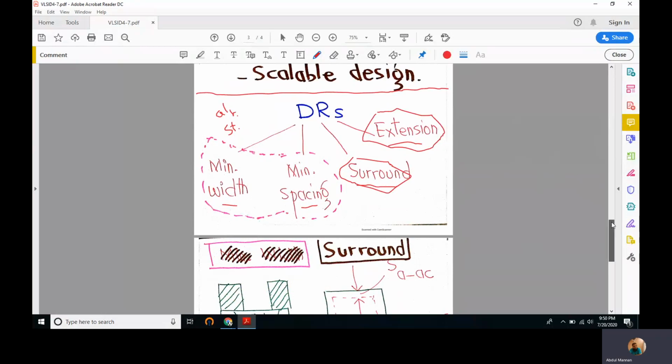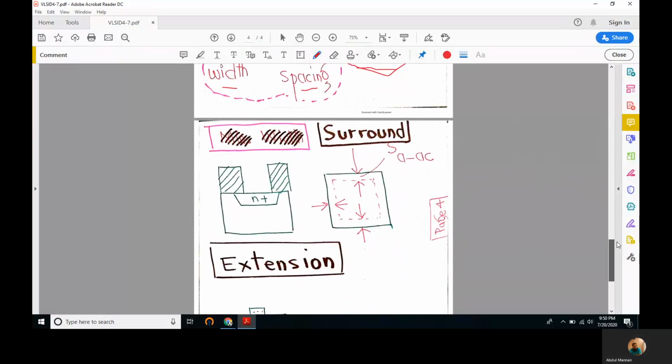A surround type design rule ensures that a minimum distance is maintained around a certain implementation from all four sides. For example, we have this silicon dioxide layer, and there is a gap that we have to etch using N plus.